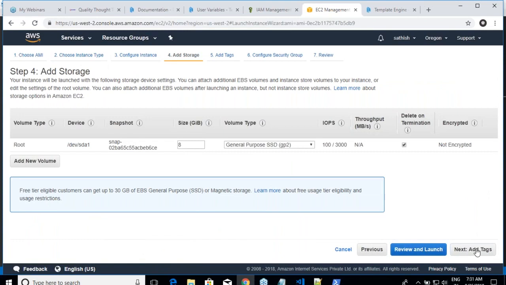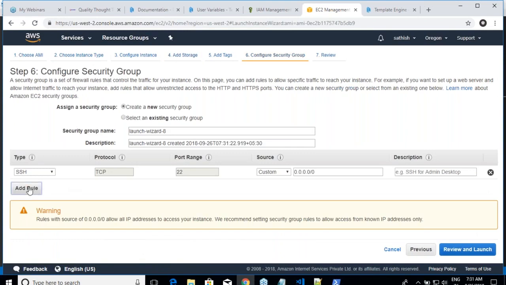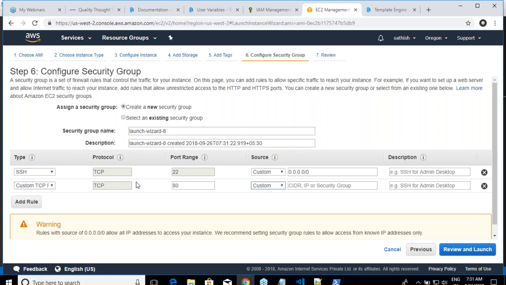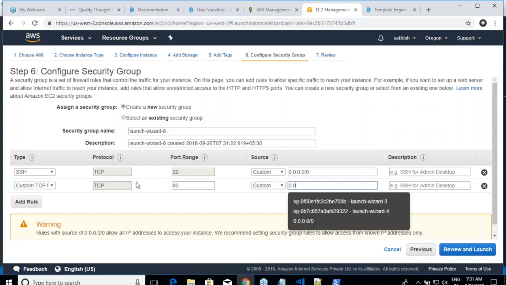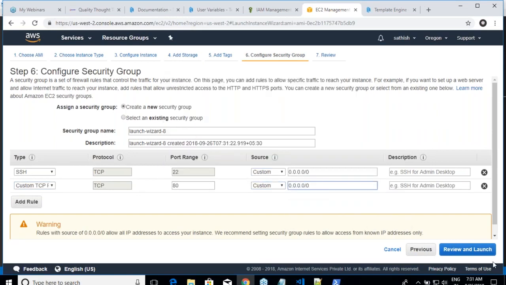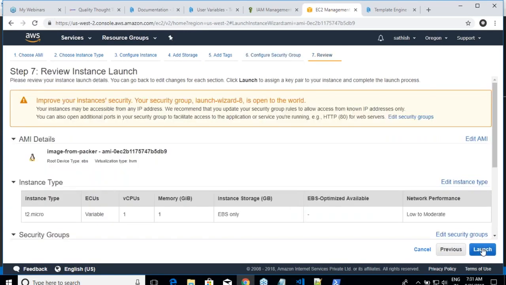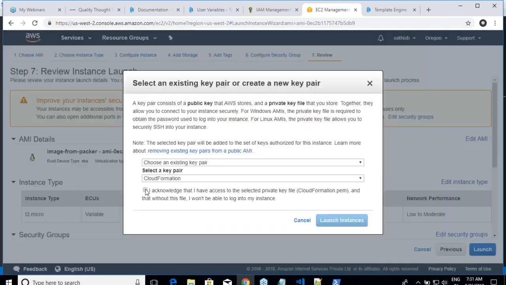Since I want to see if Apache is installed or not, I'm opening the HTTP port. This is a machine which I have launched on my own, right, from our image. Now, what is this machine's IP address or DNS name?